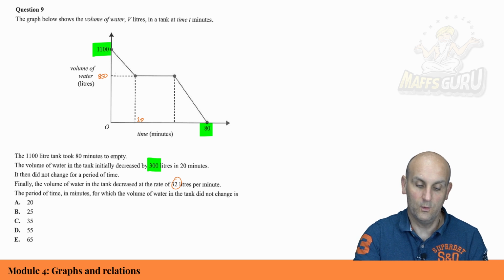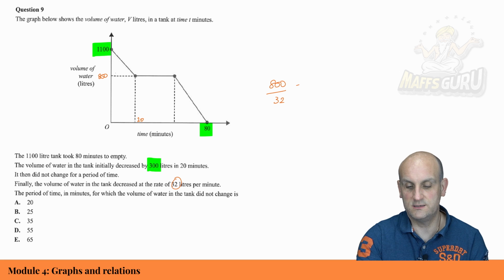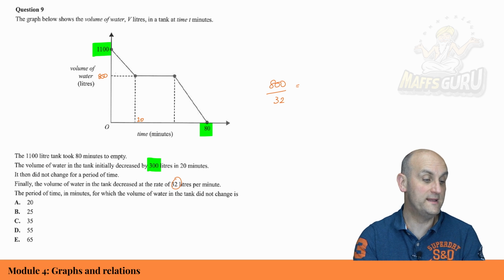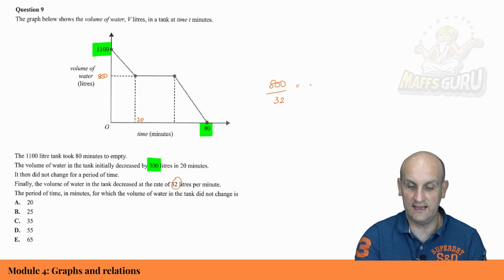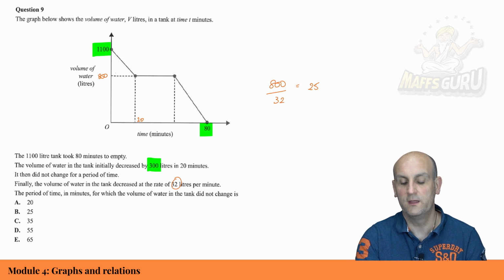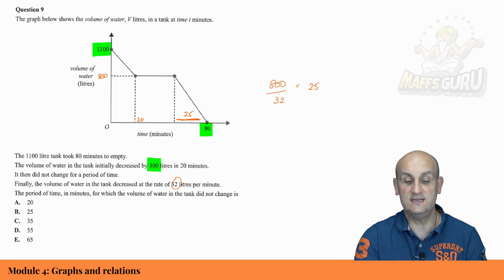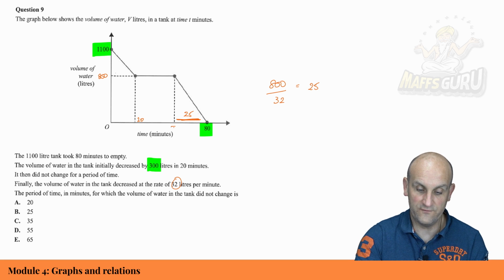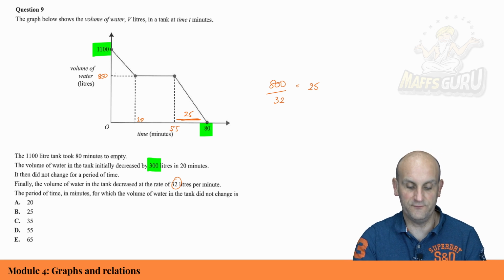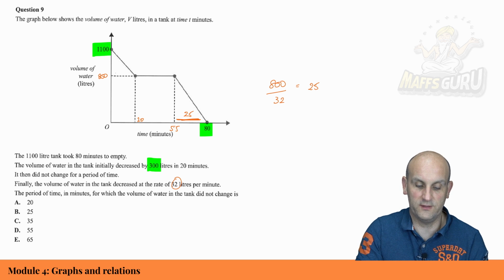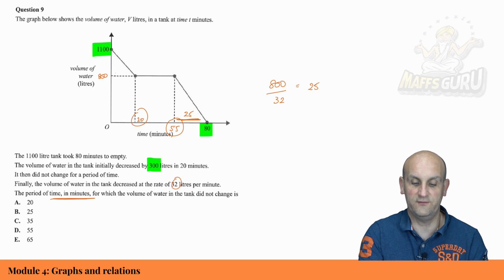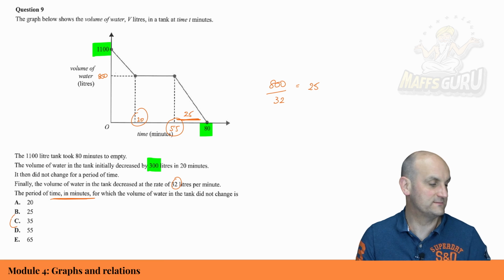per minute. Well, we know we started at 800 litres. If I divide that by 32, I find out the number of minutes it's going to take to empty, and that actually is 25. So it means that that distance there is 25. So if I do 80 minus 25, I get 55 here. And we're still not finished because it wants to know the volume, it wants the period in minutes for when the volume didn't change. So it wants the difference between 55 and 20, which gives me C as my correct